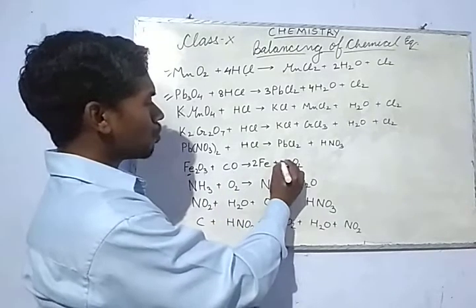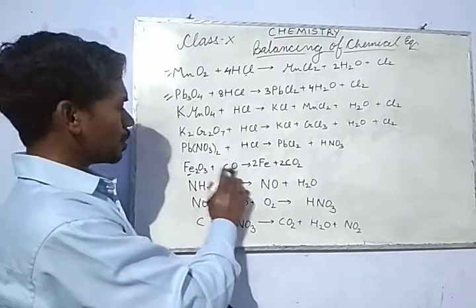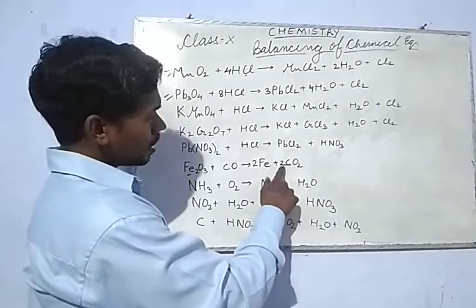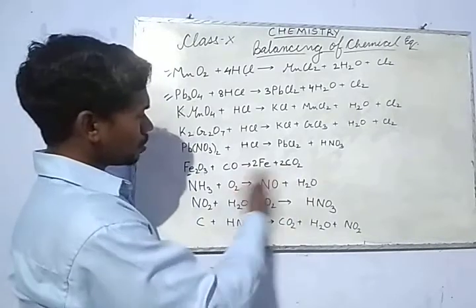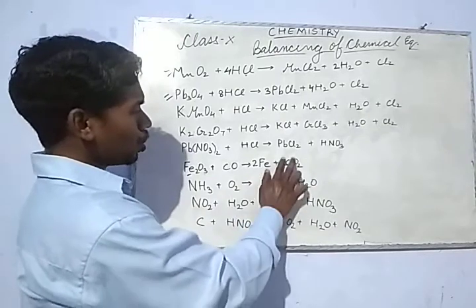If it were 3, it will become 3 plus 1, 4. If we make it 4, you see that it is not getting balanced here. 3 plus 1, 4, it becomes even. Still, 2 twos are 4, 4 oxygen. Oxygen is balanced, but carbon does not get balanced. So 2 won't be here.